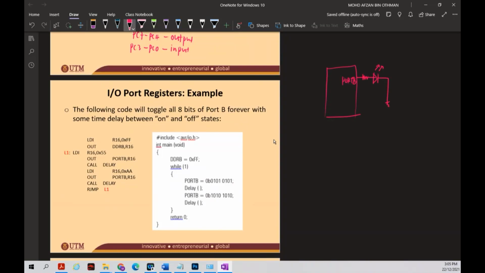So by looking at this, what we call here, program. First include avr/io.h, and then this is your main program. Initialize your port B as an output port, so DDRB equal to output. And then while(1), because you're going to make it a forever loop. So you use a while(1) and then you set PORTB equal to